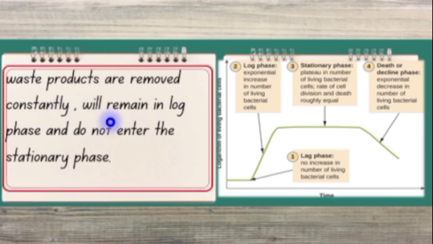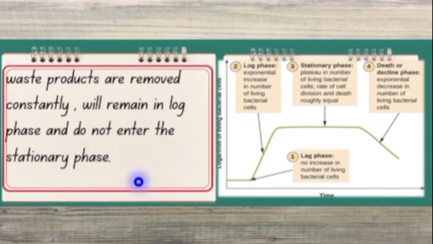The result is the bacterial cells will remain in the exponential phase, or the log phase, and will not enter the stationary phase. So what is the implication of this? The implication is that the growth of bacteria will be maintained, and no bacterial cell will die. It will just remain in the log phase. So the bottom line is, if there are plenty of nutrients or plenty of energy sources, the bacteria will continue to